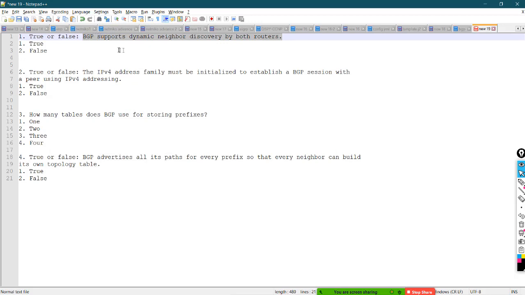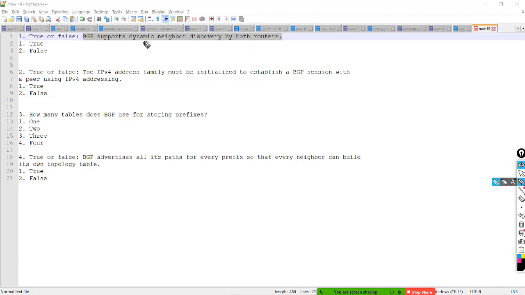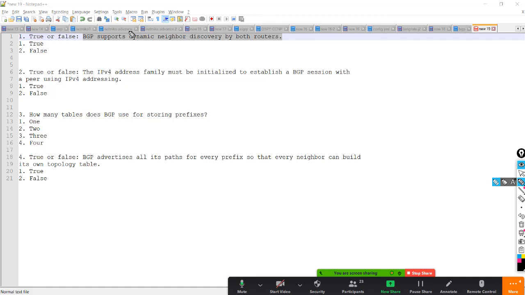BGP supports dynamic neighbor discovery by both routers. What do you think? You are welcome to open your mic and justify your answer so that other guys can understand. Dynamic neighbor discovery is something where, when you enable the feature, they get neighborship.